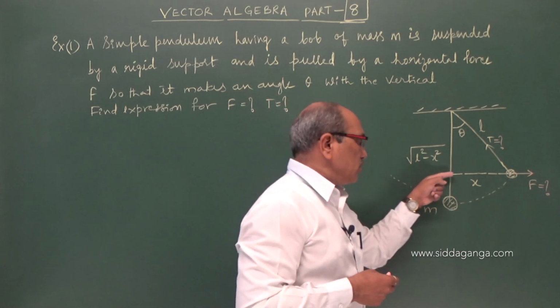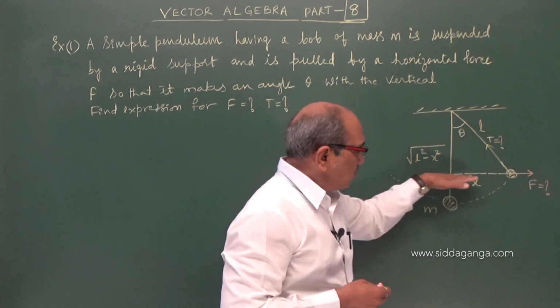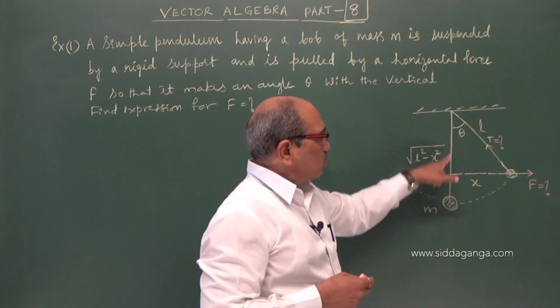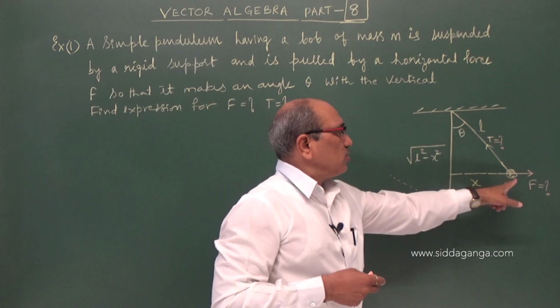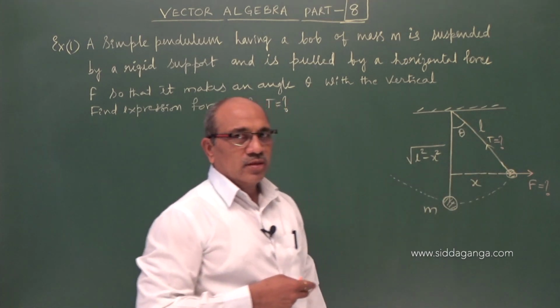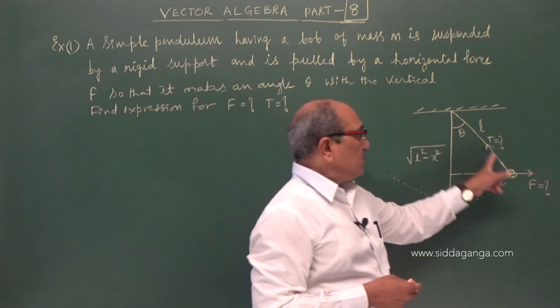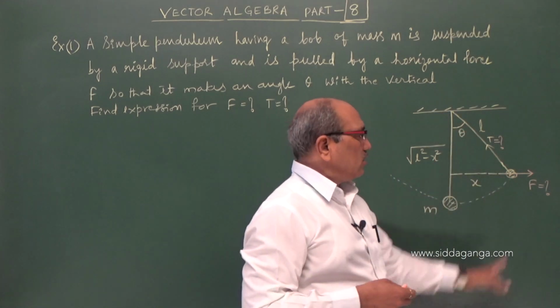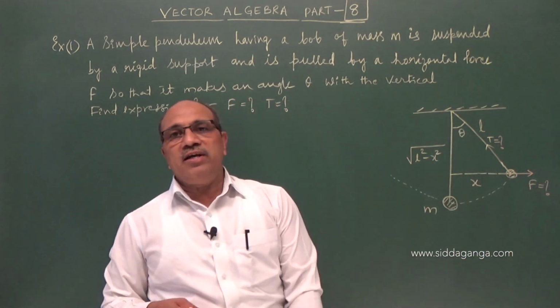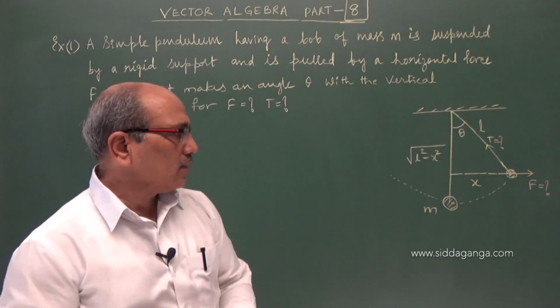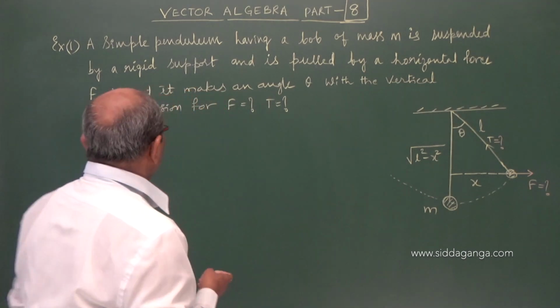So if a horizontal force is applied, it is pulled aside so that with respect to the vertical, the suspension wire makes an angle theta. If so, what may be the tension in the thread and the force that is applied along the horizontal? So to find a solution here,